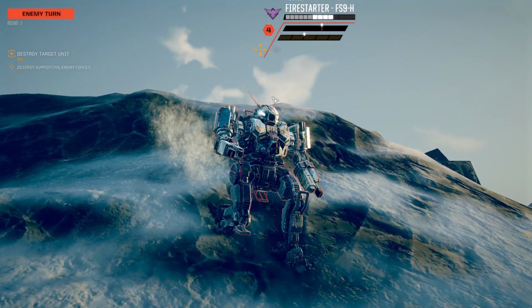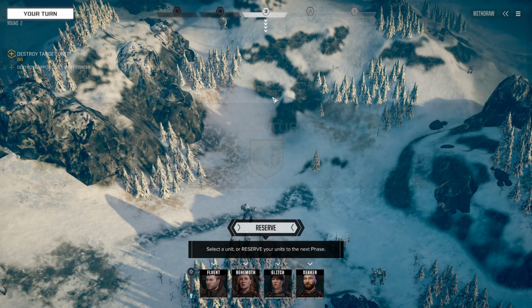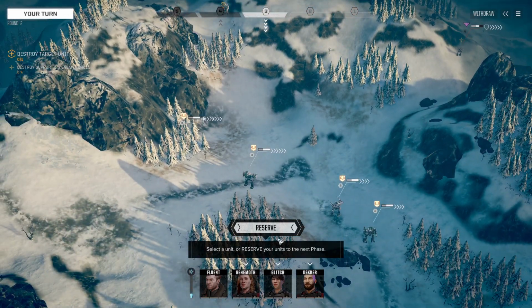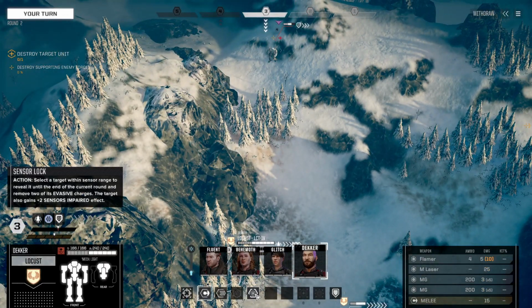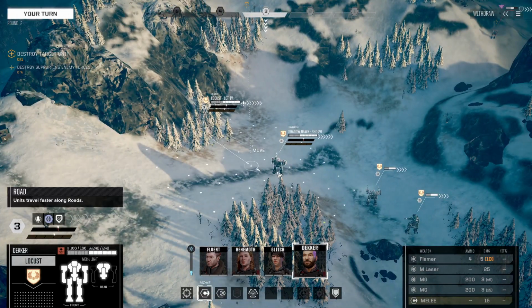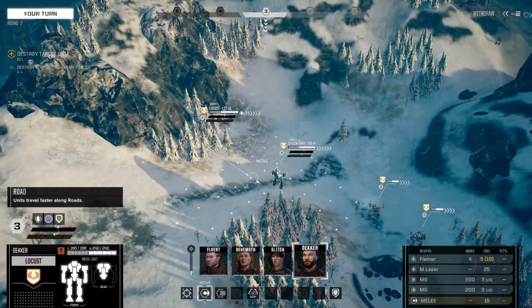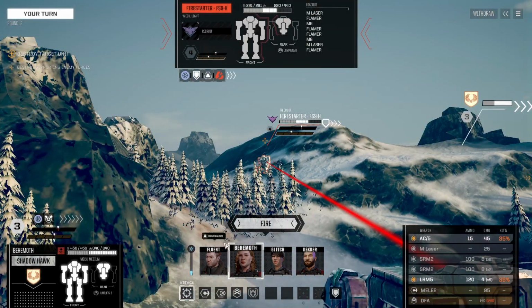Oh, another fire starter. Alright, now all 4 move. Guarded, evasive, and entrenched with 3. Good to go. Okay, we can sensor lock it to remove 2 of those evasions, but are we in any kind of position to even attack it from here? Receiving you. Like if we attack...